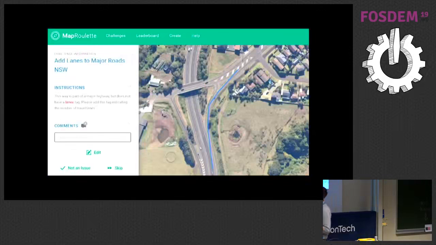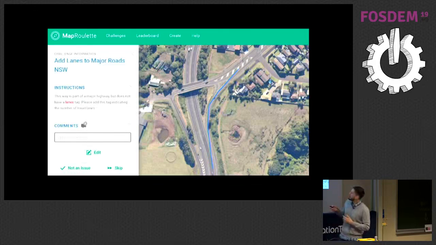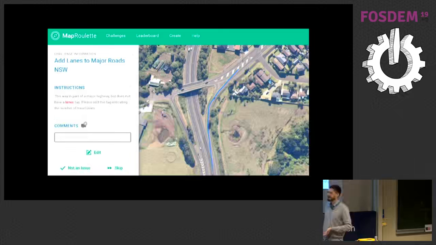In here, for example, it shows you a segment of the street and asks you to specify how many lanes it has. You can see the number of lanes from satellite imagery. So all you have to do is open the editor, enter a number, and hit upload. And then it gives you the next task, the next road segment, and the next one. So a couple of hours pass, and you have made a substantial contribution to OpenStreetMap.